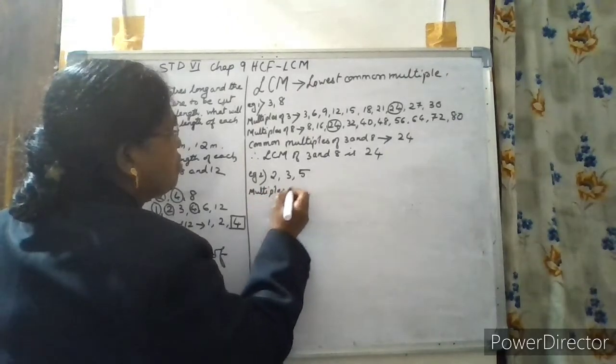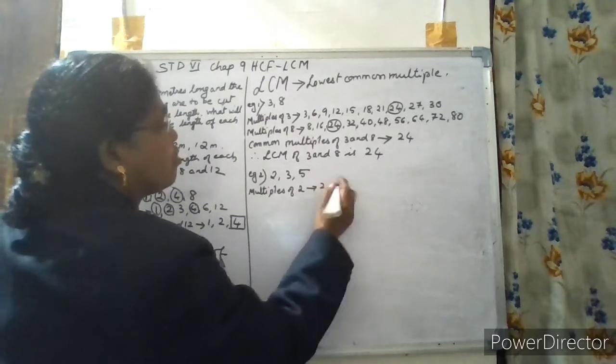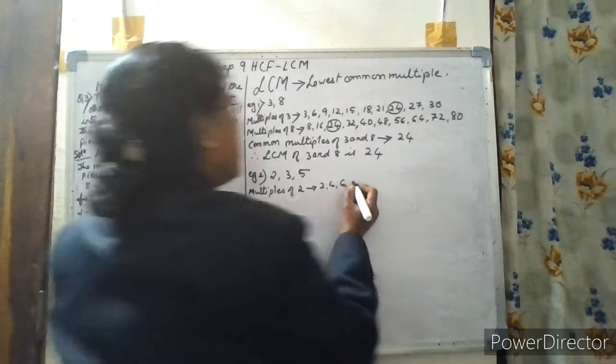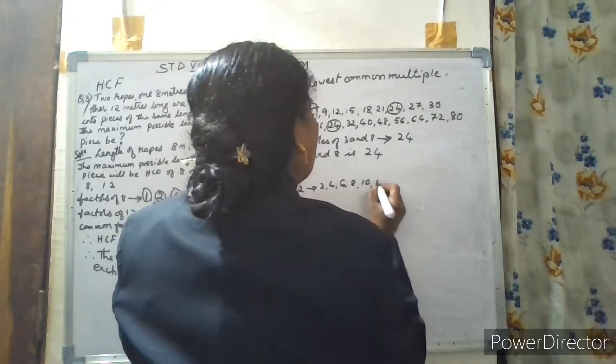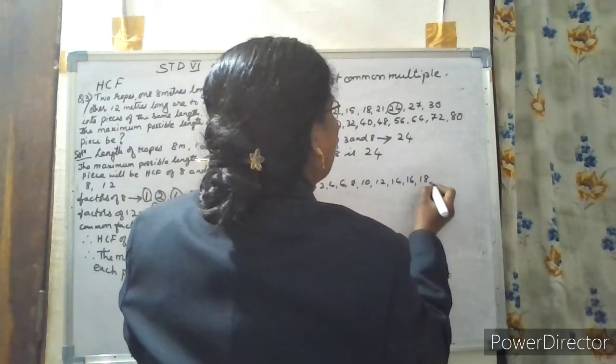2. 2 1 is 2, 2 2 is 4, 2 3 is 6, 2 4 is 8, 2 5 is 10, 2 6 is 12, 2 7 is 14, 2 8 is 16, 2 9 is 18, 2 10 is 20. Then multiples